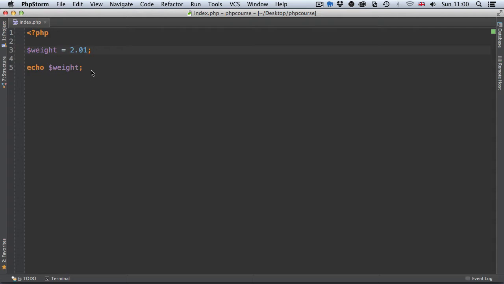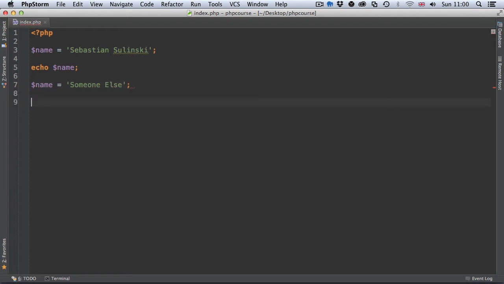So let's go back to the editor again. And now one of the most important features of variables is its ability to have its value overwritten. So if we now have a look at the name variable, for instance, the new variable which you're creating, and let's put your own name. Obviously, I'm going to put my name, so Sebastian Soliński. And now I'm simply echoing this name, and then I'm going to use the same variable name, and I'm going to change it to someone else. And if I echo this name after that, once I've overwritten the value associated with this variable,